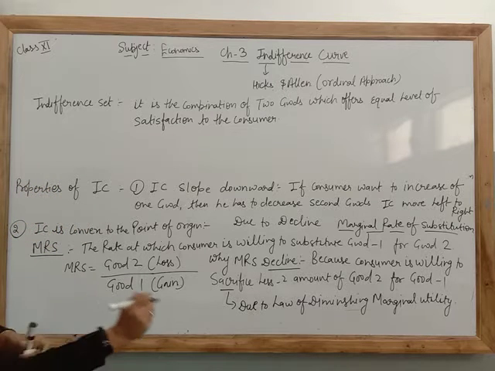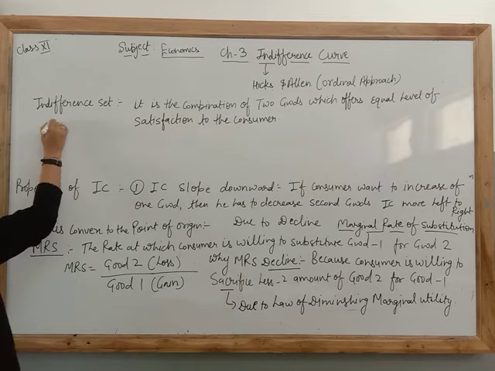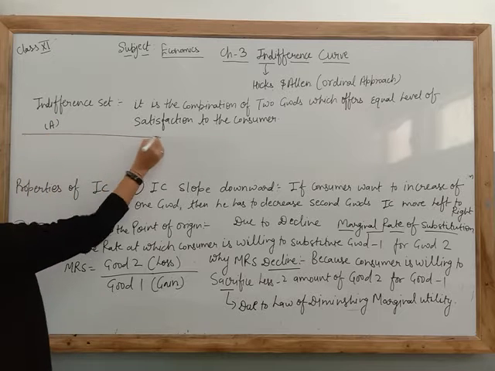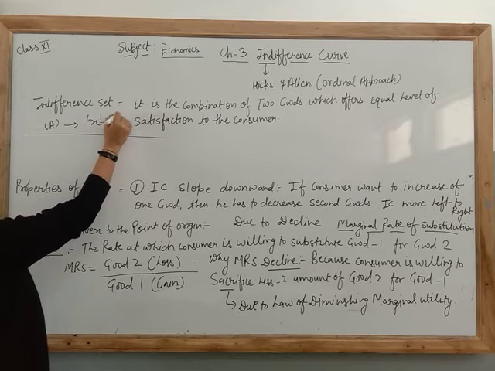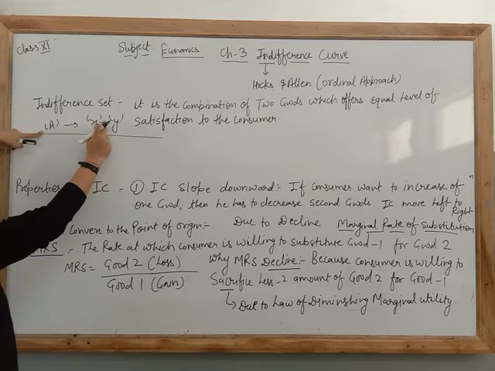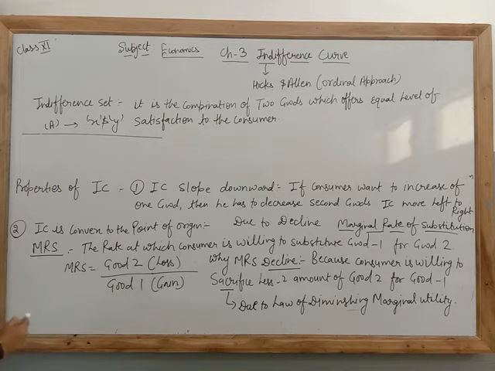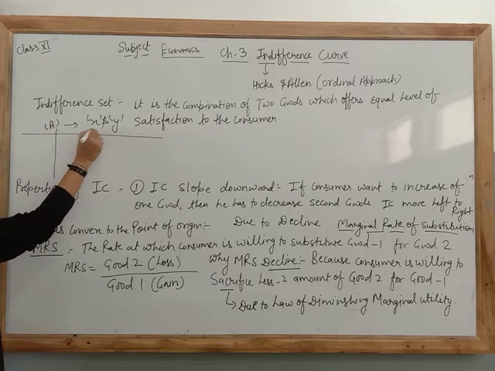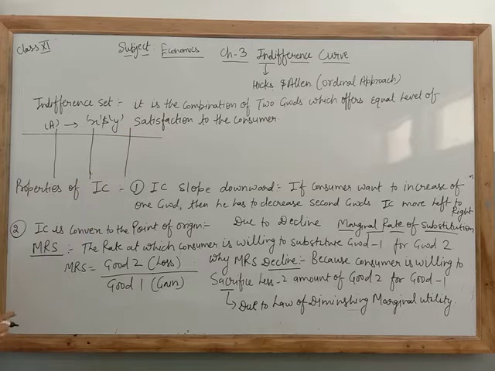Look at there, I am just giving you one schedule by which you will be able to understand. Suppose there is a consumer A. He is consuming X commodity and Y commodity. It means A has a combination of two goods X and Y, by which he is going to get an equal level of satisfaction at every point.